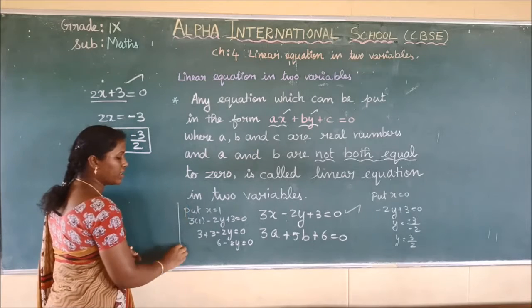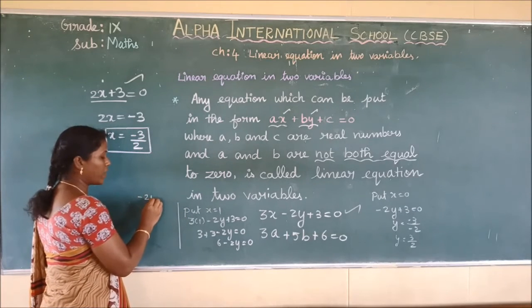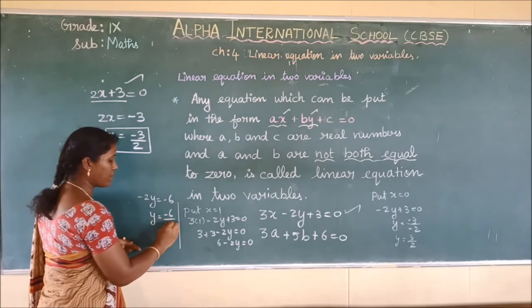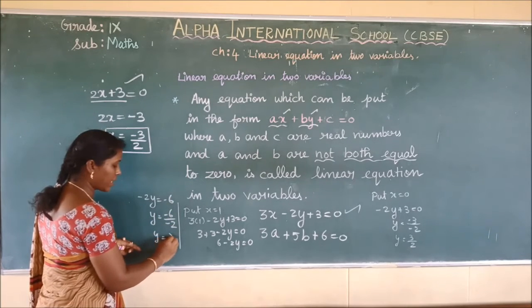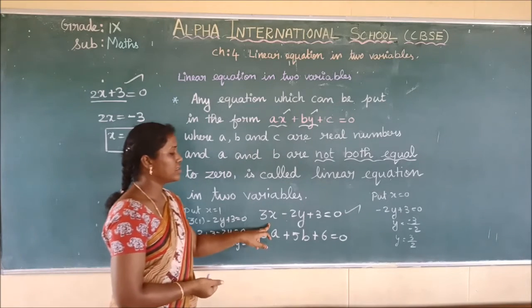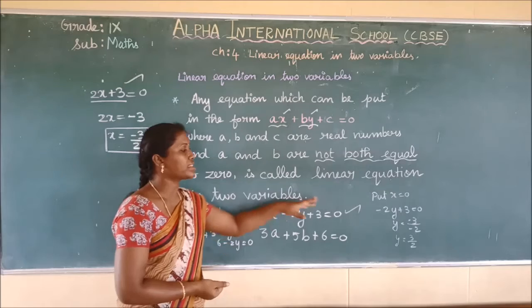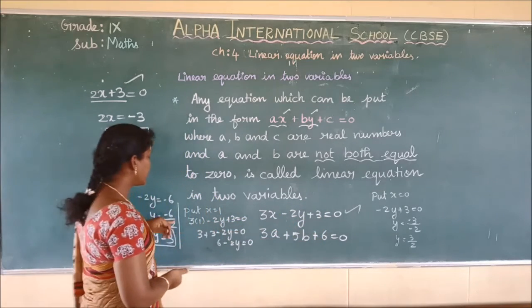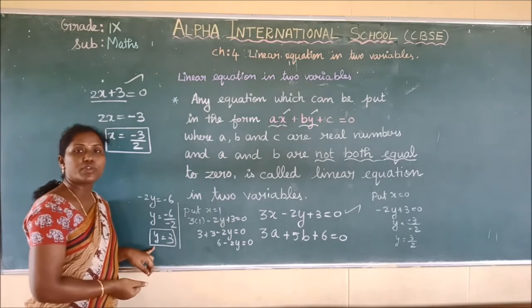What will be the next one? So minus 2y is equal to minus 6. Y is equal to minus 6 by minus 2. Y is equal to 3, we are getting the value of 3. See here, if I take this linear equation, if I take x is equal to 0, I am getting the corresponding value for y. If x is equal to 1, we are getting the corresponding value for y as y